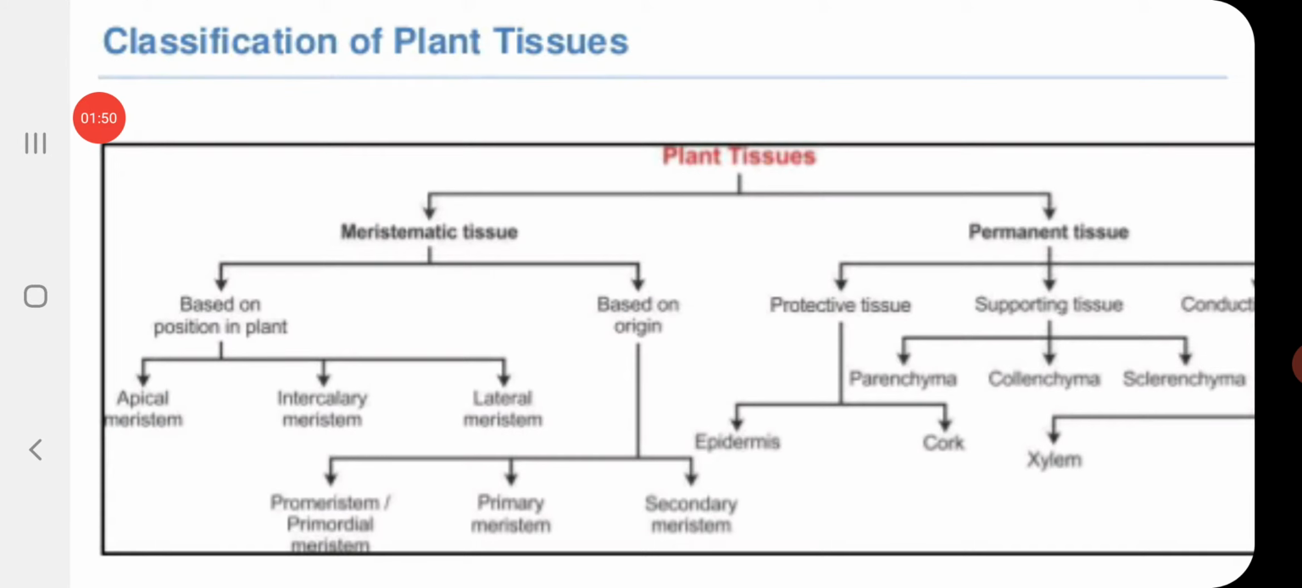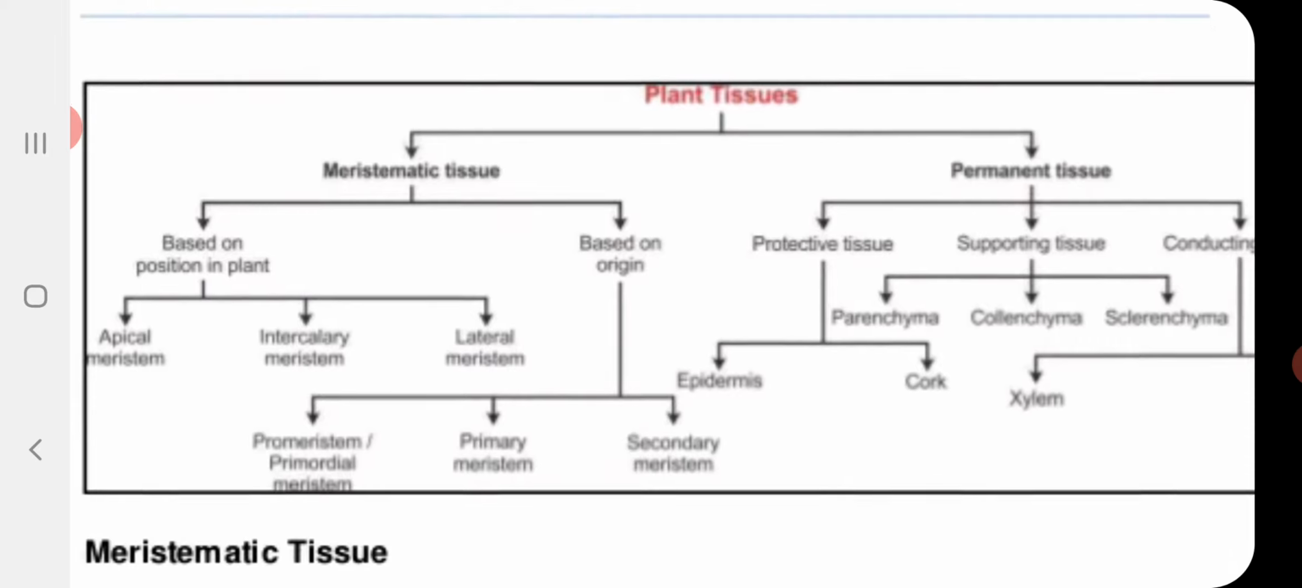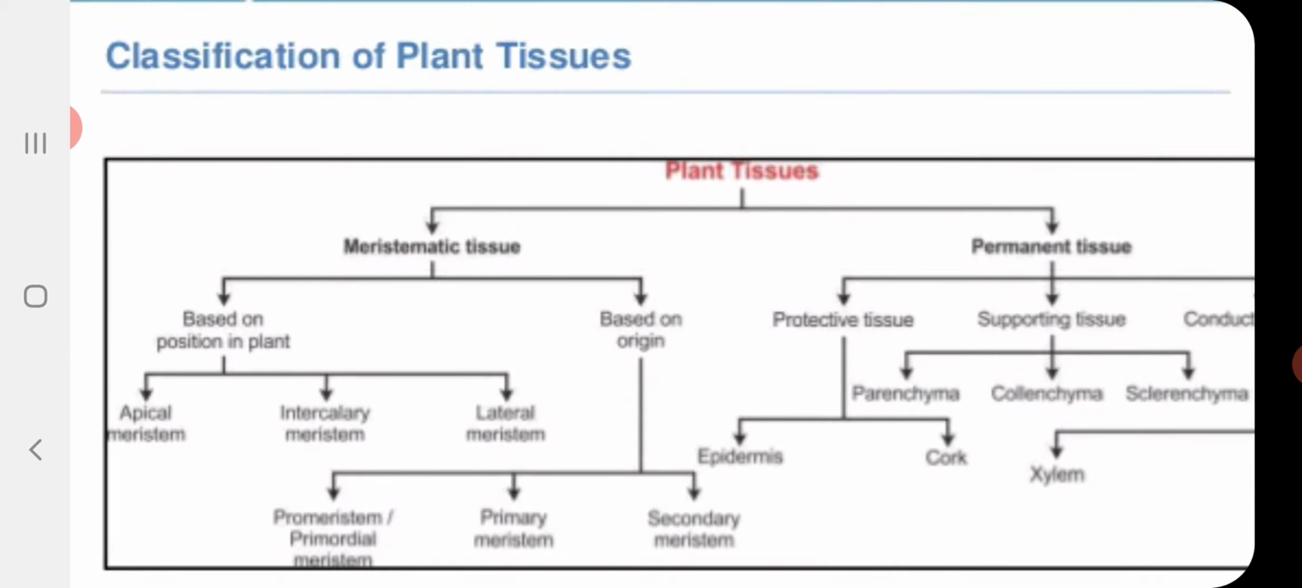Now let us see the classification of plant tissue. Plant tissues are mainly divided into two parts. One is meristematic tissue, another one is permanent tissue. Meristematic tissues are divided again into two parts based on the position as well as origin. Based on position they contain apical meristem, intercalary meristem, and lateral meristem, and based on origin they contain promeristem, primary meristem, and secondary meristem. So let us study about